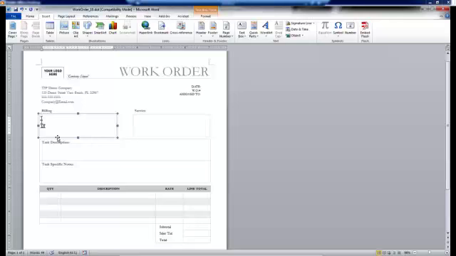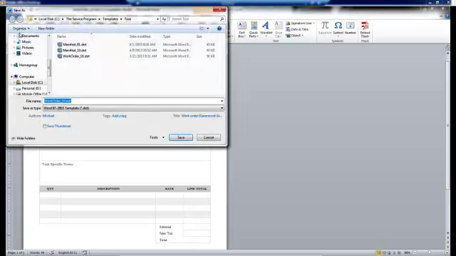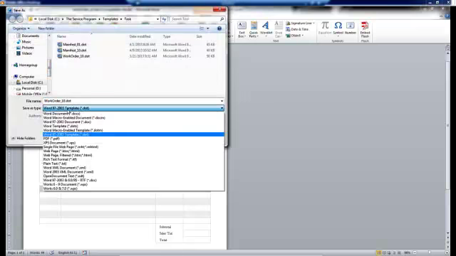So now I've got all these bookmarks grouped together here. The only trick to this is when we save this document, we have to do two things. We have to save it to the right folder, and we have to save it with a special name and type of Word document. So when I go into File, Save As,